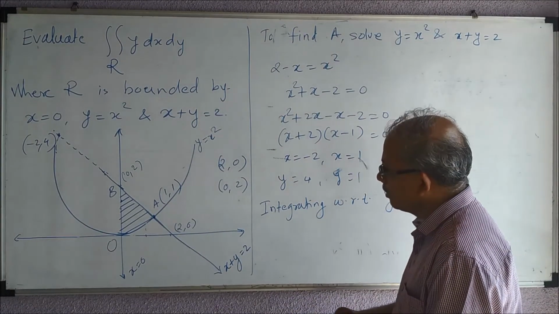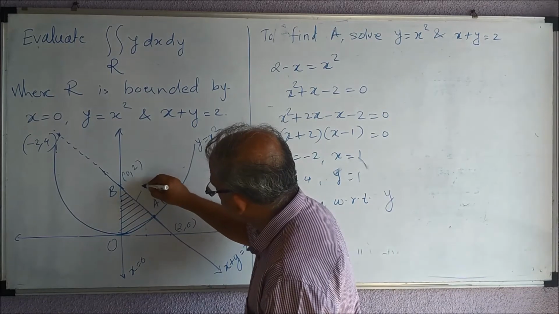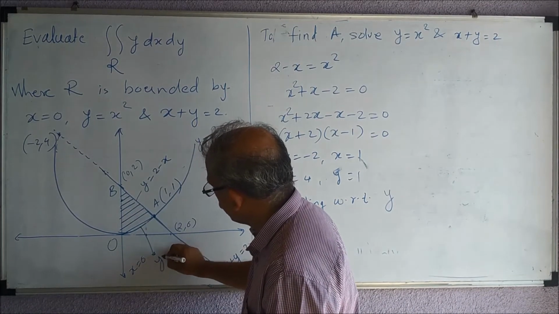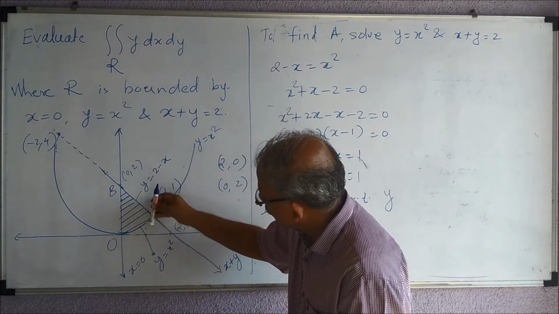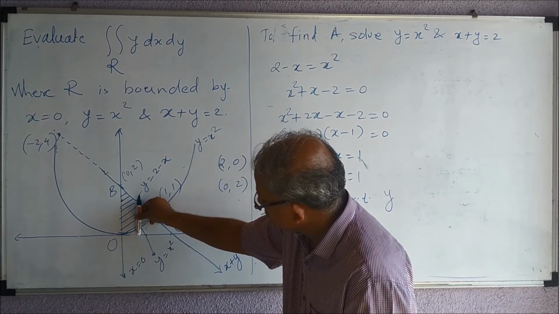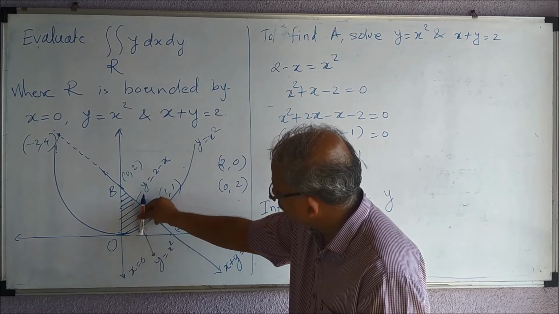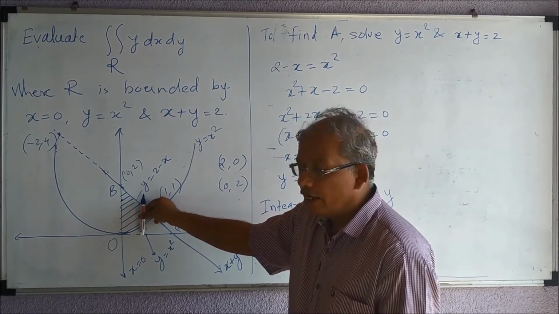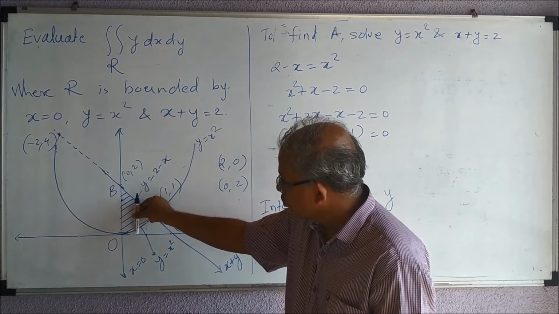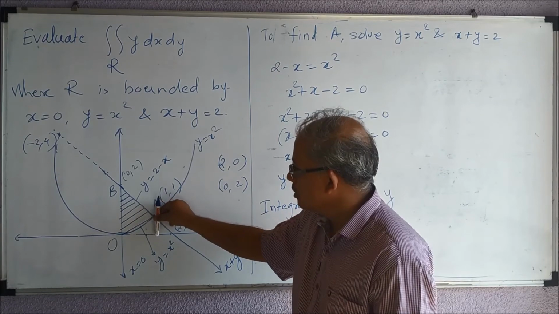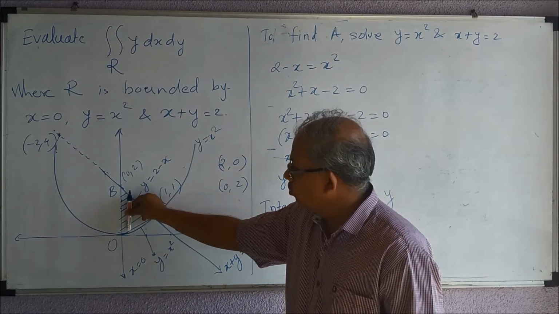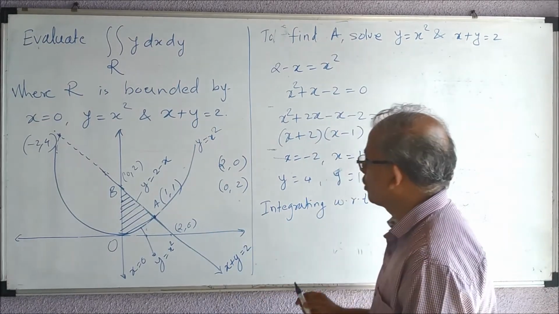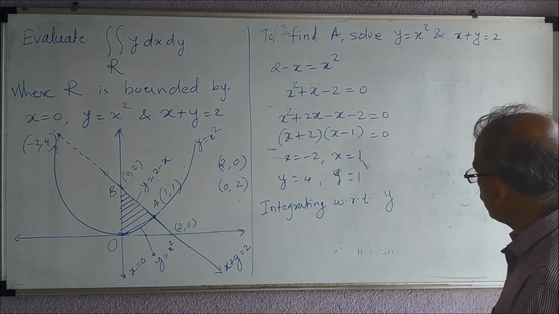So I say that here this is y = 2 - x and this is y = x². So if I keep my pen like this, it is intersecting at the lower end y = x² and at the upper end 2 - x. And to cover this area, I need to slide my pen from 0 to 1. Okay, in order to cover this entire region like this. Fine? Okay. So these two things will give me the limits.